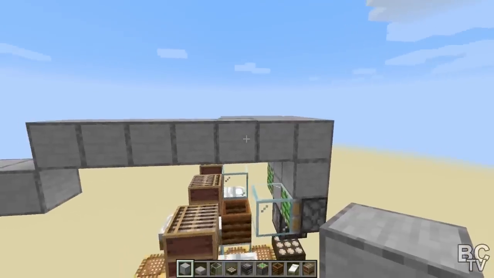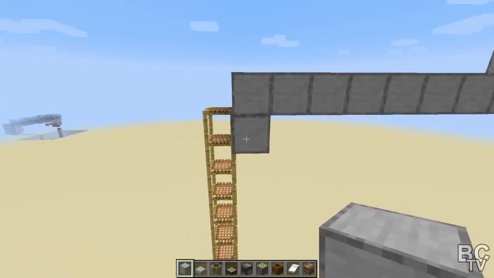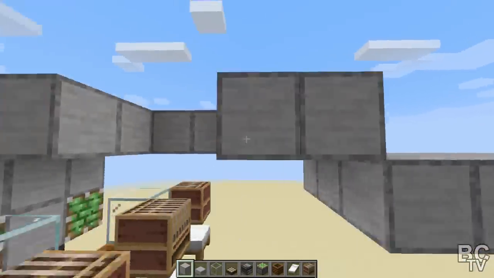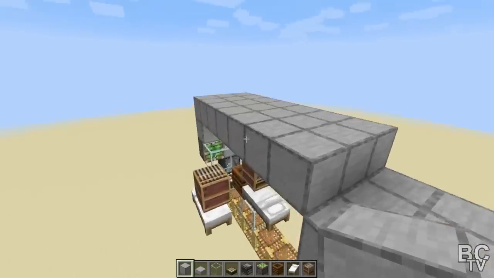Alright, this way you're going to have a total of 7 blocks here, 7 blocks here, and then 8 blocks right here, and then it goes down 1 right there. Then you're just going to fill this in so it's 3 wide the whole way across. Alright, once you got it just looking like that, you can come in here